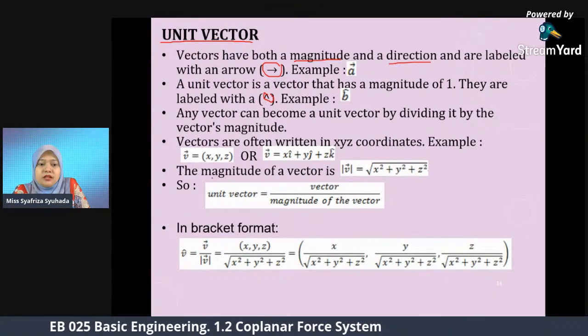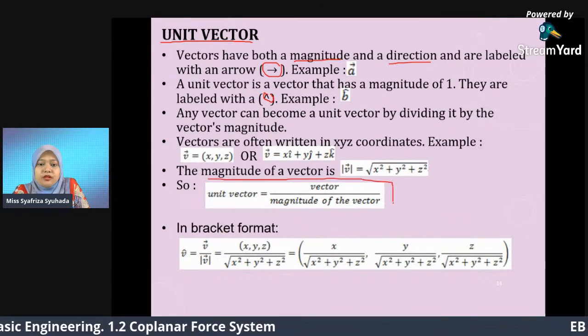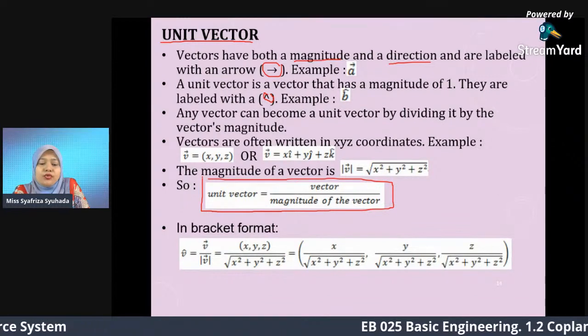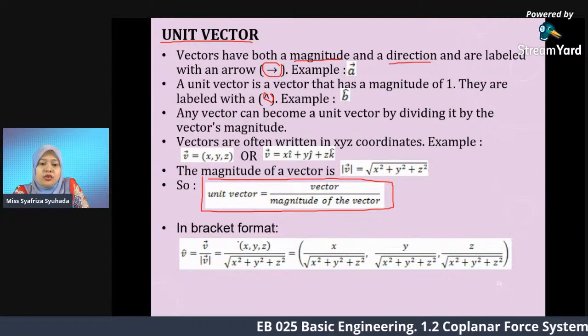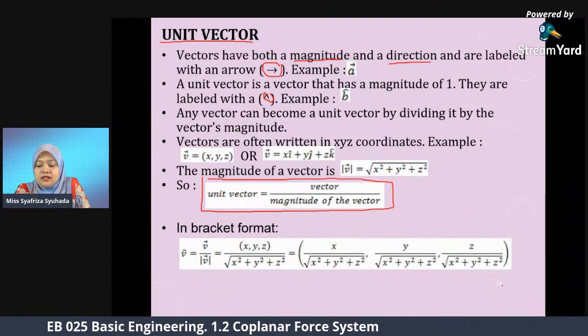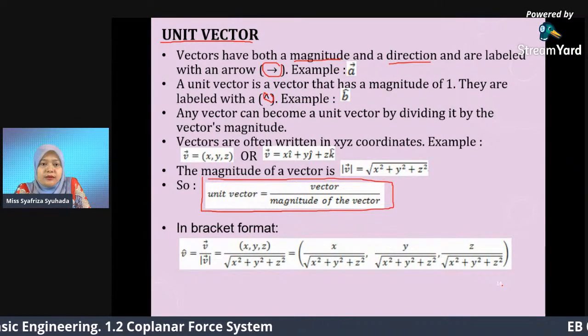Alright, this one is the formula for unit vector. Unit vector is vector over magnitude of the vector, or in bracket format, this is the answer. Okay, it is just nice to know. Alright, so